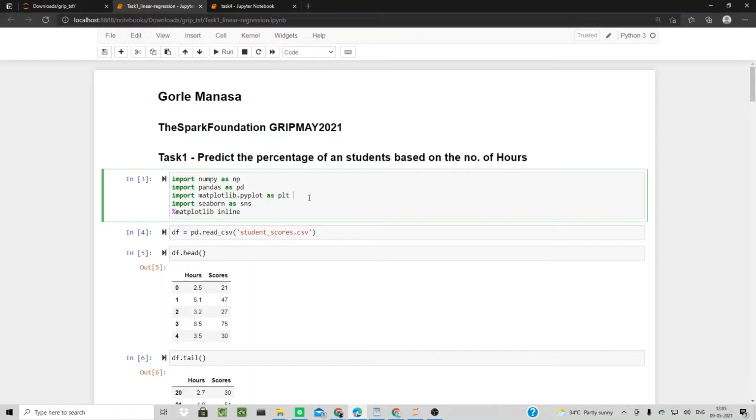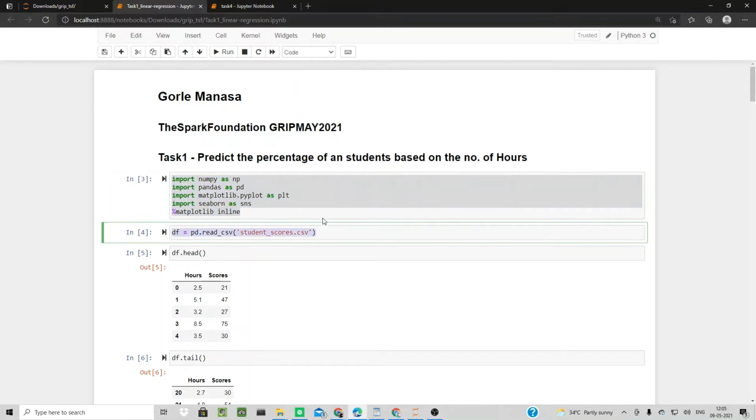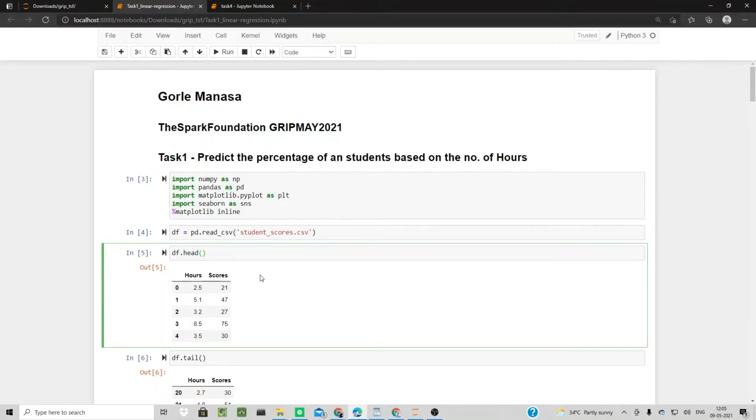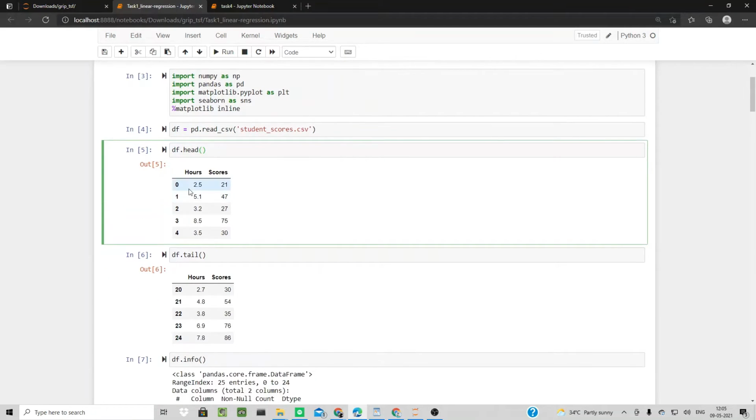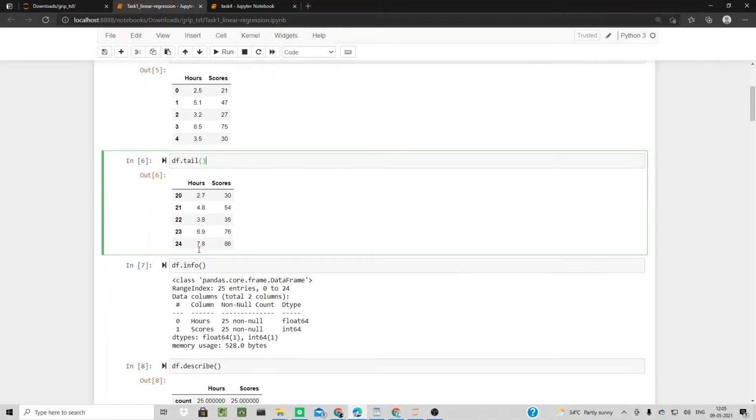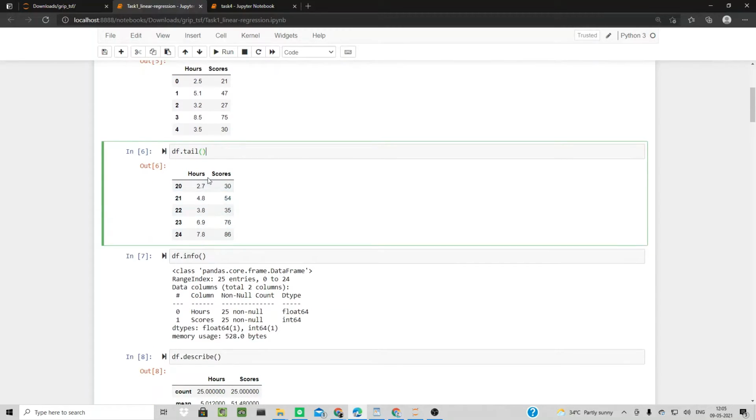So now, to model linear regression, we are going to import the necessary libraries. Then we are going to read the CSV file into the data frame. After reading, when we check the head of the data frame, it is going to be in this manner. Now we'll check the tail of the data frame. It shows the last 5